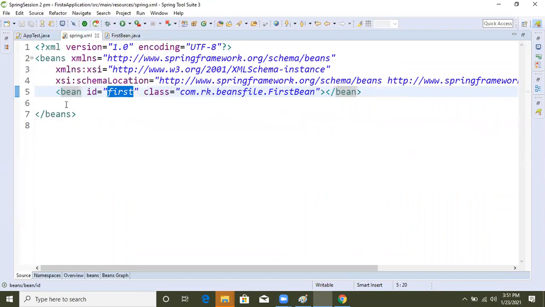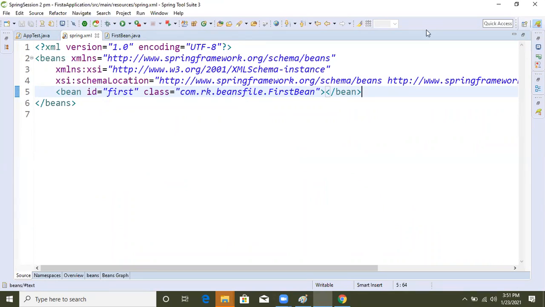Now dependency injection and all those things are there, so we will learn those things tomorrow. Till now, if anybody has any doubt, let me know. Unmute yourself and ask the questions, guys.